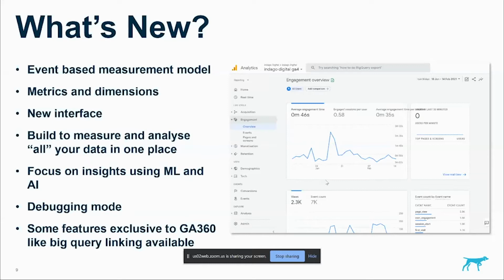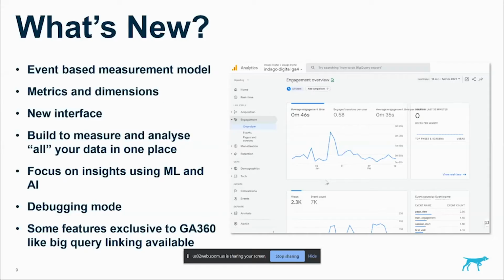If you're a heavy user of Universal Analytics, you probably understand that the measurement in Universal Analytics works off a hit-based model, so everything is essentially a hit, whether it's a page view, a click or a download or whatever have you. But GA4 relies on something called an event-based model. Literally every interaction that happens on your website is treated as an event in GA4, whether it be a page view, whether someone clicking, scrolling, really just everything is an event, which does simplify quite a few things.